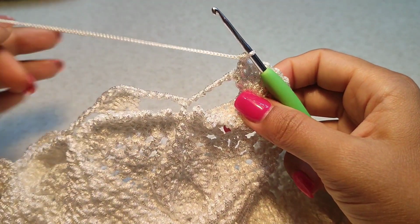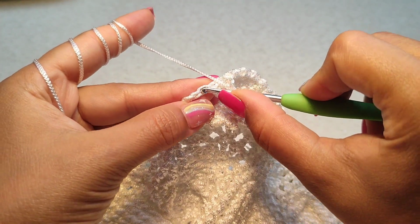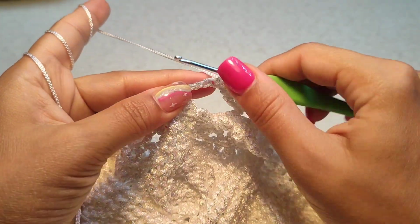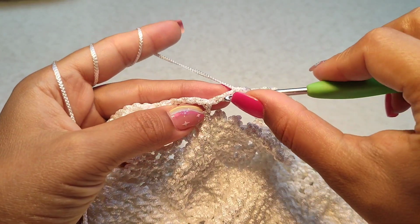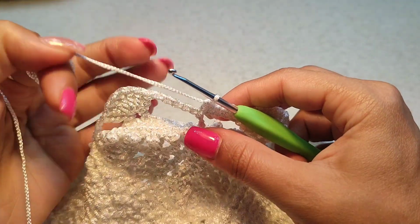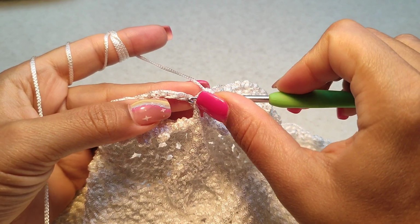Now here we want to make single crochet into the 5 chain space, a single crochet, 1, 2, 3, 4 and 5, and here into the 5 chain space we make 5 single crochet,